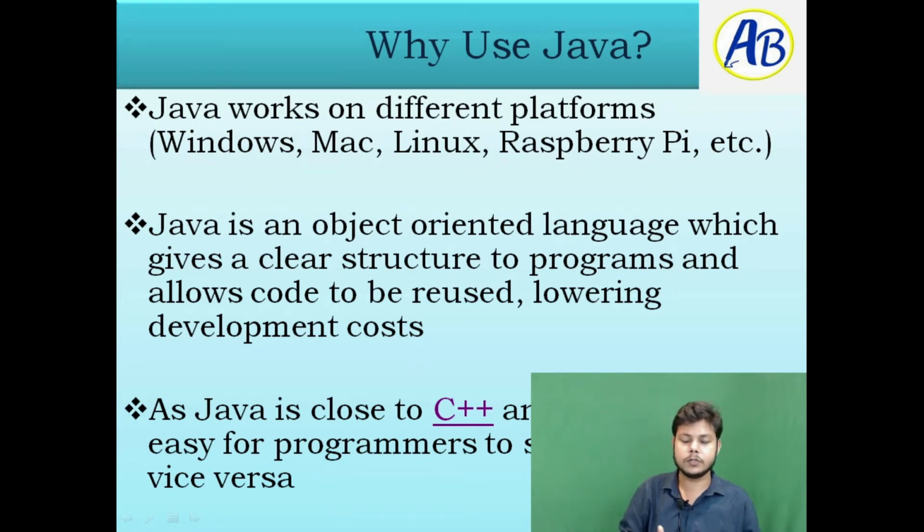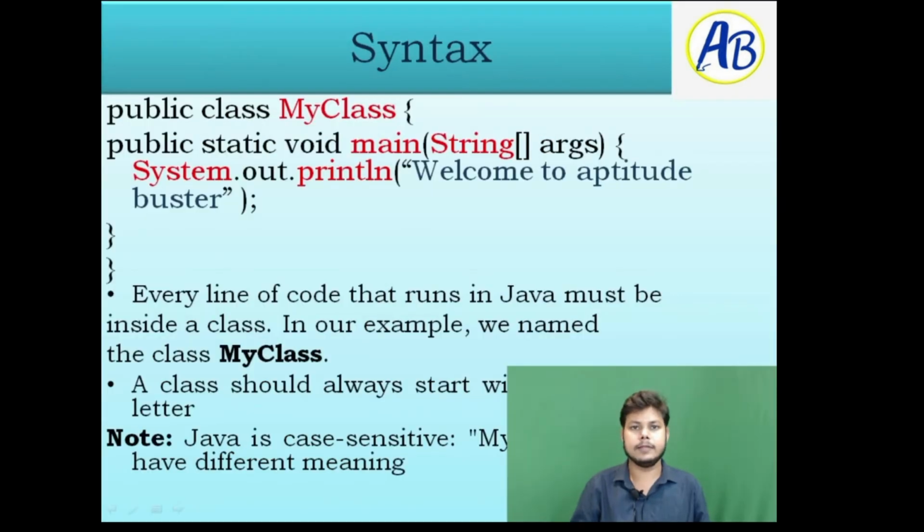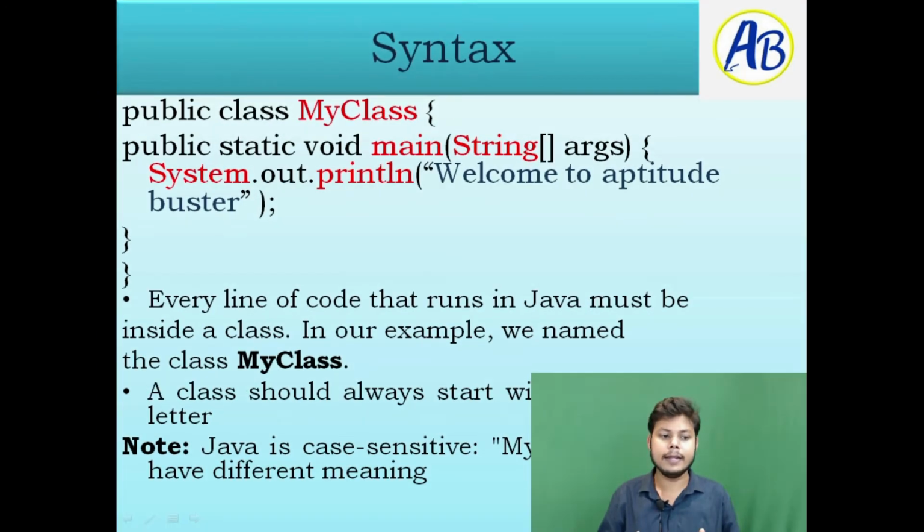As I told you, it is platform independent. So if one code is written in this system, you can use it in another system also. Any package from one file to another file, we can access the code, we can reuse the code. So that's why we are using public. Inside the package or outside the package, we can access this.